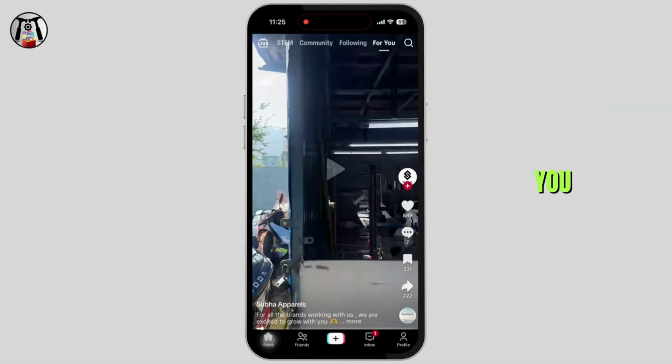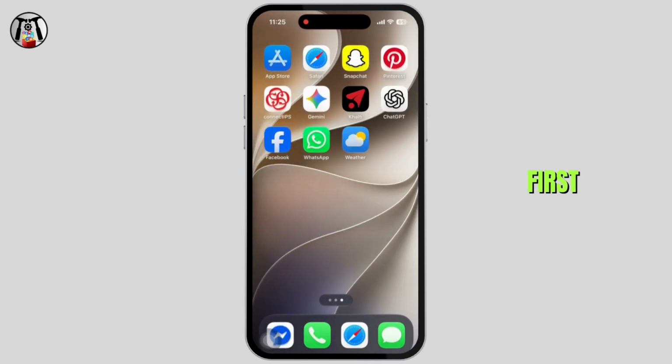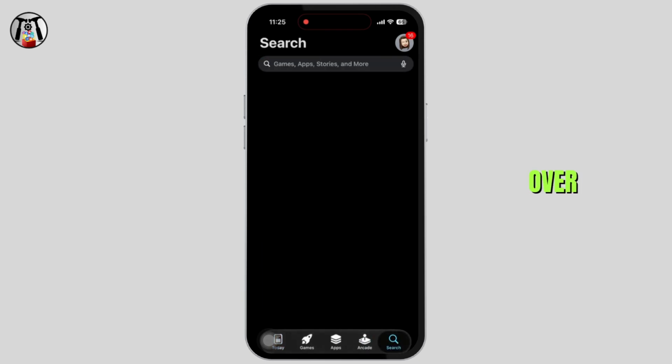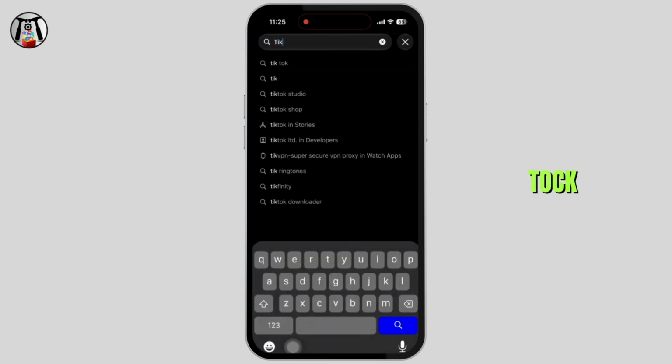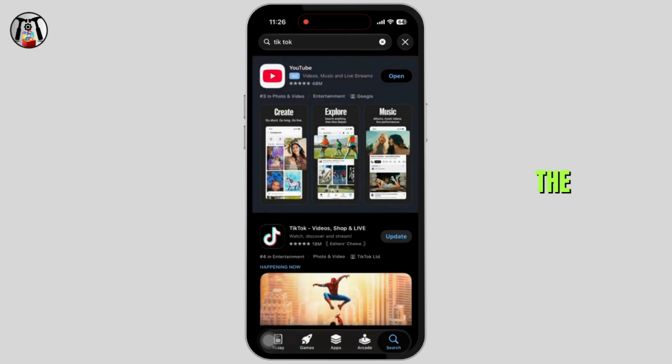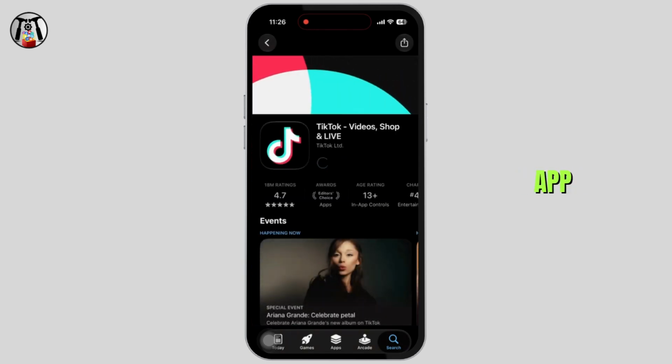In this guide, I'm going to show you guys how to fix TikTok calling feature option not showing. Let's get started. First, check for app updates. So head over to App Store or Play Store, search for TikTok. Once app appears, if you see the option of update, click on it and update the app to its latest